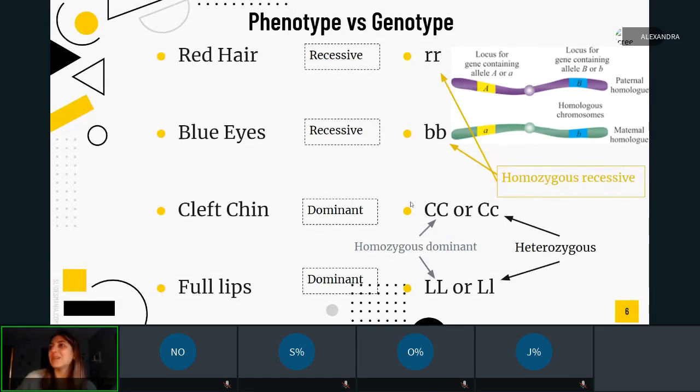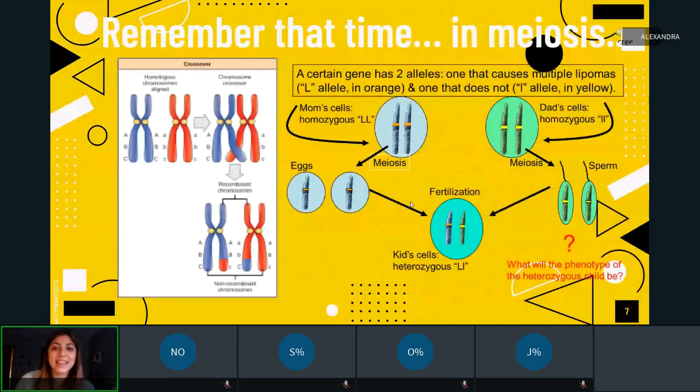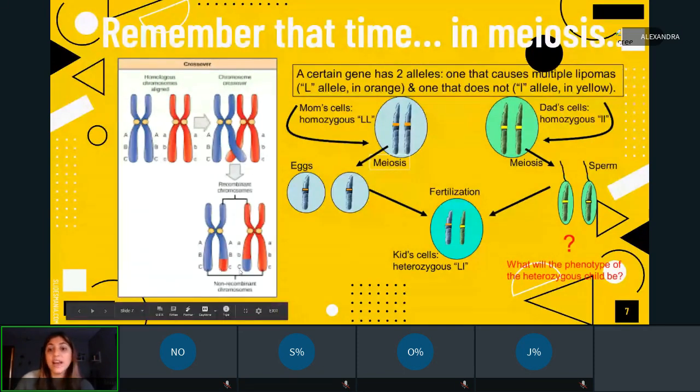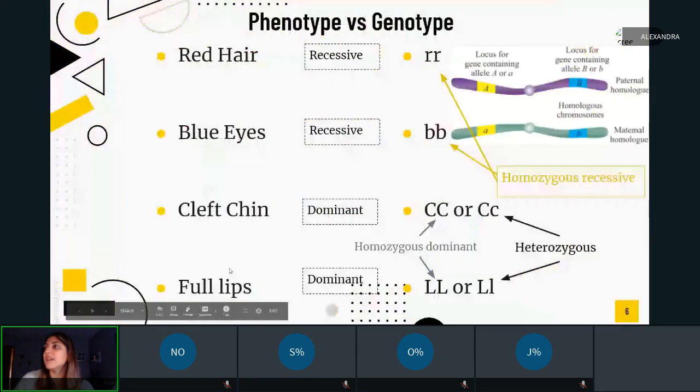So all this time, remember, let's connect this back to meiosis. We learned that in prophase 1 there's this thing called crossing over. And so when you have that crossing over, you swap some information. A lot of you talked about how Luke, if we go back up to this